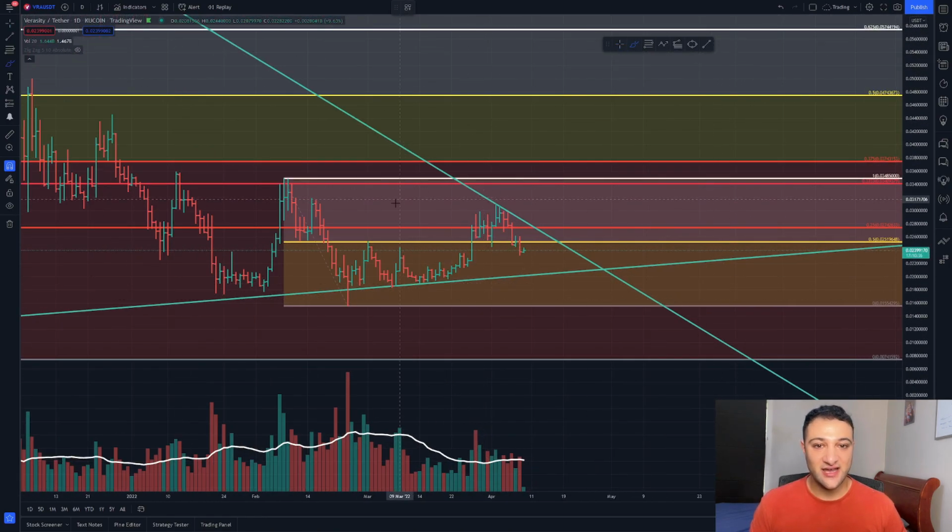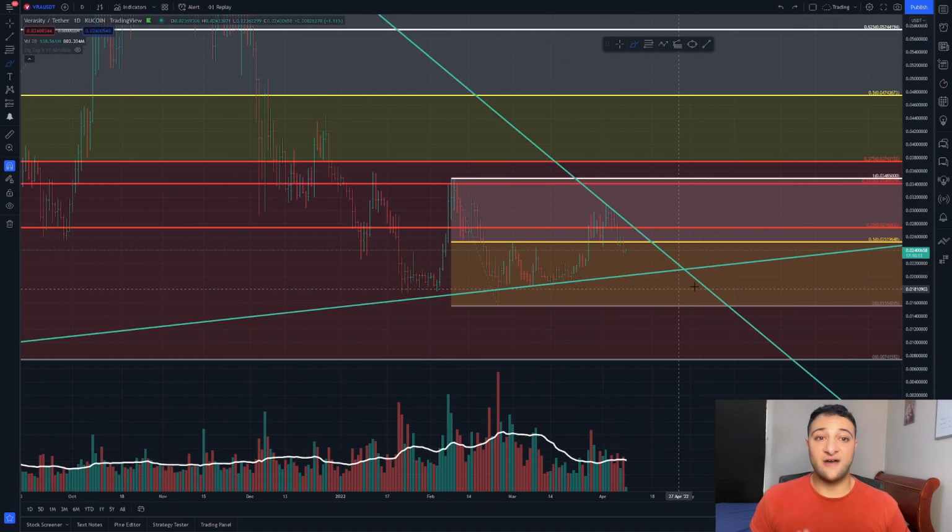And already you can see how much it's respected the 50%, almost on point, 50% rejection back down. Managed to get up, good clean close above it, but managed not to find support on it. Back down, and again we'll face resistance on the short term, going back again at the minor 50% at, call it 2.5 cents.